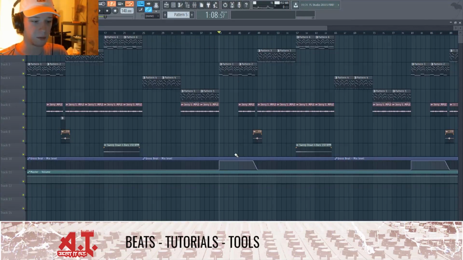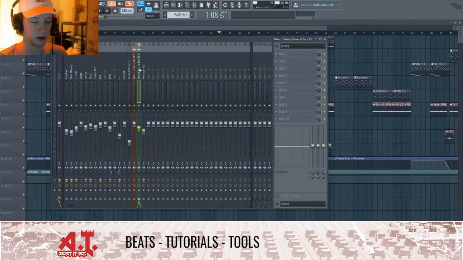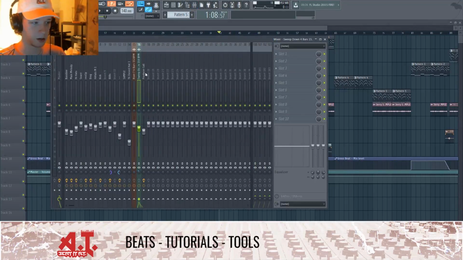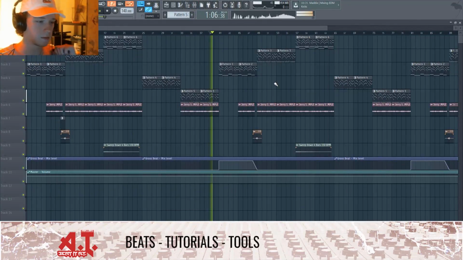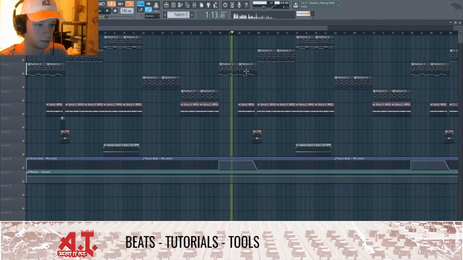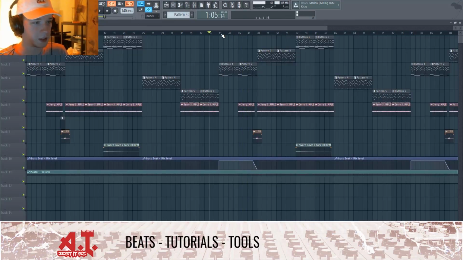So then over here we got that bridge, which I then just activated the Gross Beat through an automation clip. And an automation clip is just automating a certain parameter of something. So throughout this whole beat, Gross Beat is off, but over here it's on. So in the bridge, we got rid of all the drums just to add the bass line, main melody, and